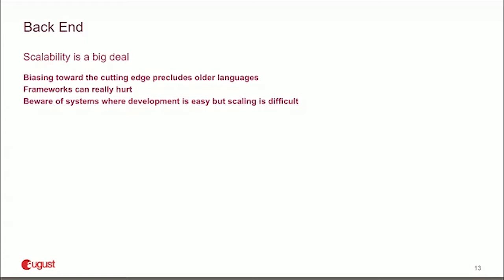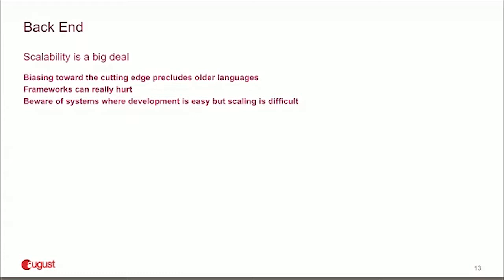One thing that's important to know is that frameworks can really, really hurt you. Ruby's a great language, but Rails is not a great framework for scaling. I was in the same office building as Twitter during the Arab Spring, and I can assure you their ops people were really pulling their hair out that spring because their Ruby on Rails implementation of Twitter simply was not